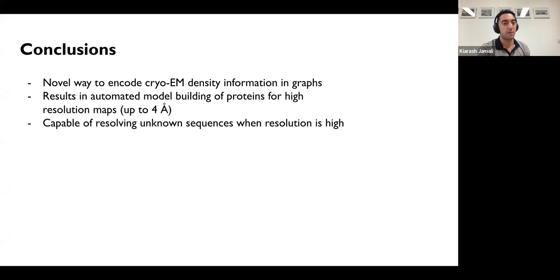And even if your map has a high global resolution, if the local resolution is bad, it's not going to do as well there. It's also capable of resolving unknown sequences when the resolution is high. So the resolution should actually be a bit higher if you want to get unknown sequences.